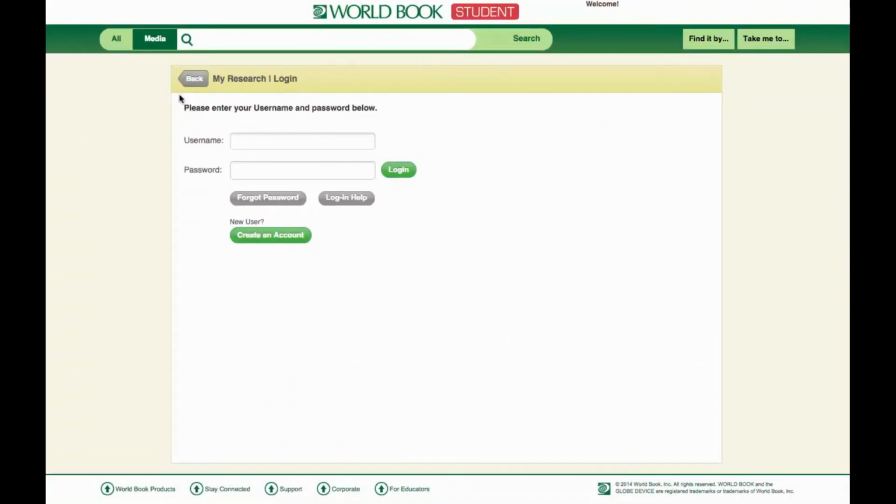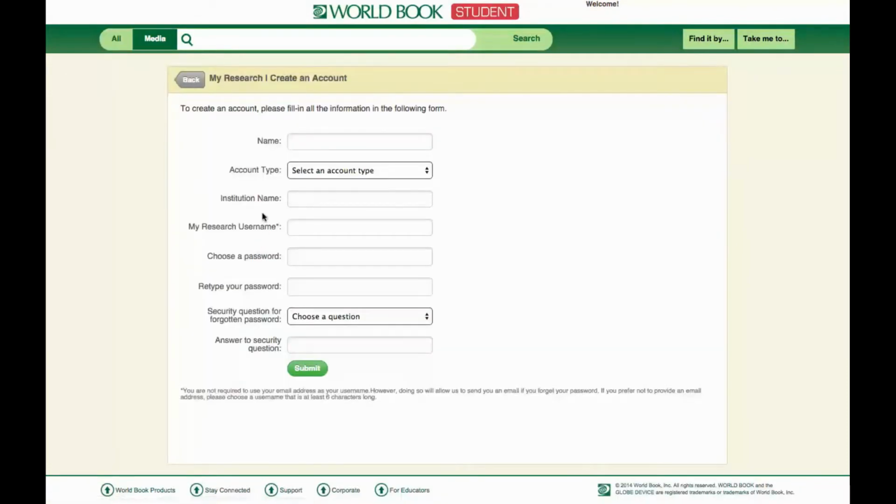My Research is a digital portfolio designed to help both students and educators intelligently organize their research and class projects. First, I want to show you how quick and easy it is to set up an account. Click Create an Account under New User here. And all you'll do is fill out all of these fields with your name, title, name of your school or library,